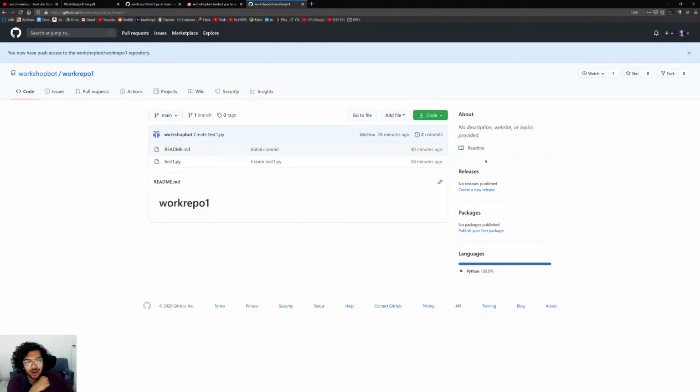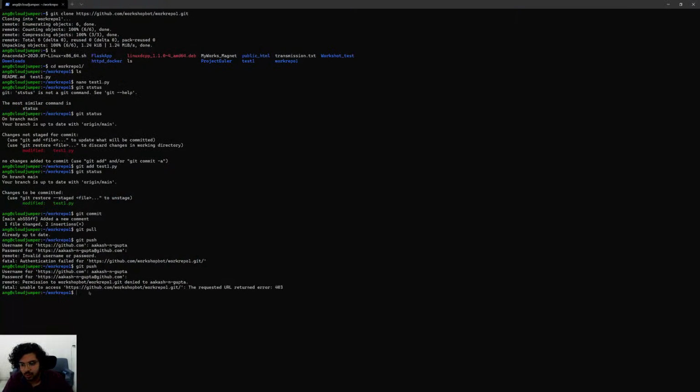So now I'm a contributor to this project, and I can directly add changes to this file. If I did not do that, I would have to create a pull request, which we'll cover later on. So now I'll do git push again.